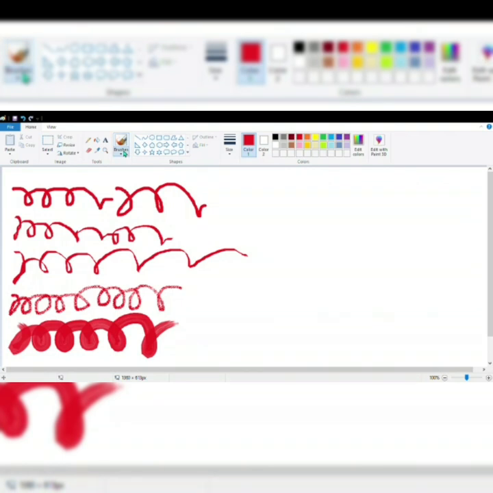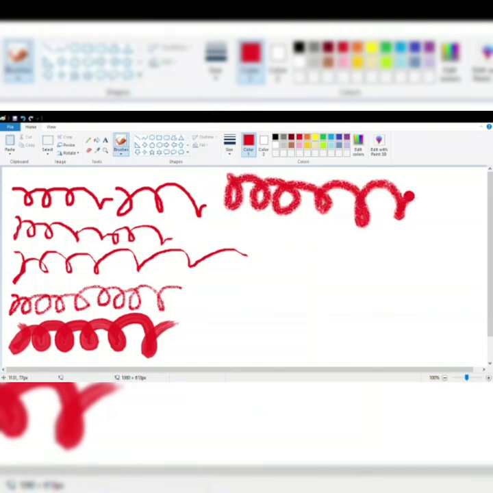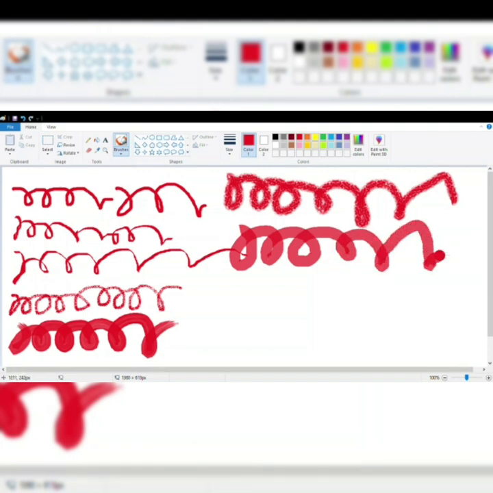Right. The next one is the crayon. With this, it will write as if I am using a crayon to do the coloring. Then you have the marker. When I select the marker, it looks as if I am using a marker to make this pattern. Then you have the pencil color, the natural pencil. Here it will write as if I am using a pencil color to make this pattern.